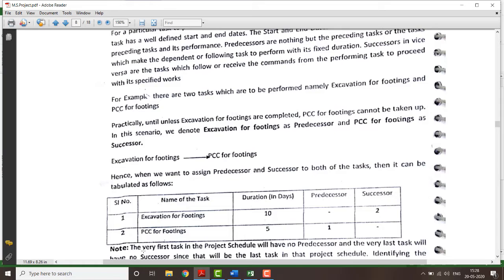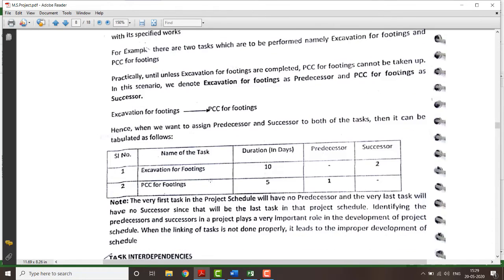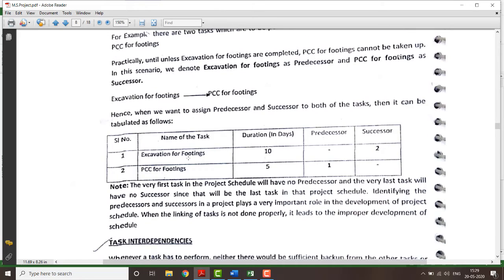Immediately after the completion of the excavation, the PCC will be started. Like this, these are the terms predecessor and successor.